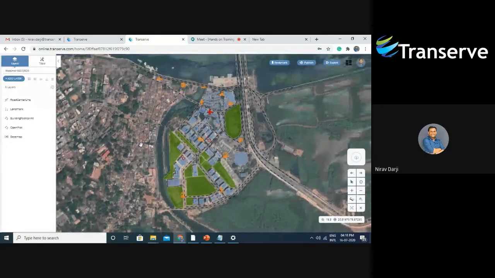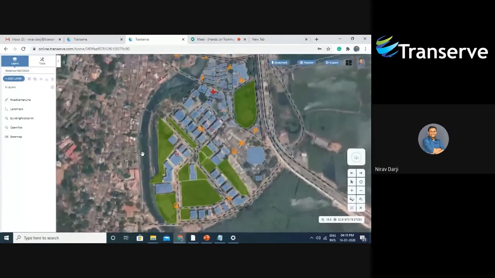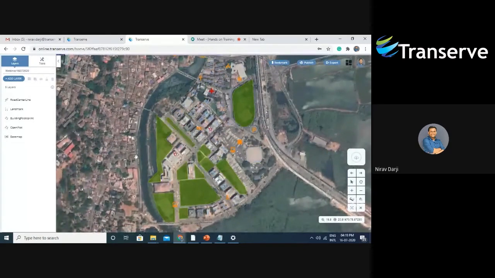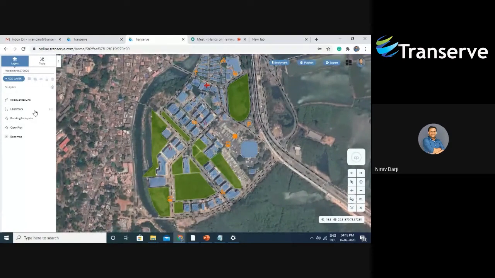As you can see, I have created the whole point, line, and polygon layers on this platform. I have some layers, for example a road center line, some landmarks, and some building footprints, where I have taken the whole area next to our office.